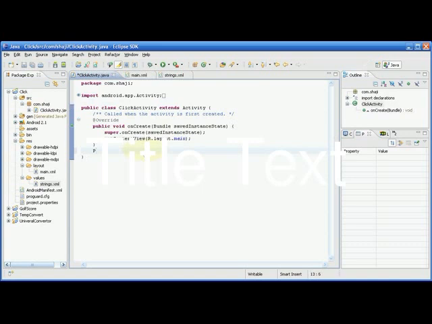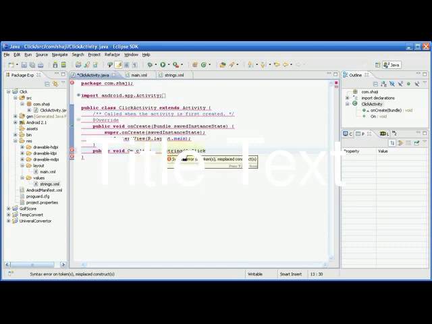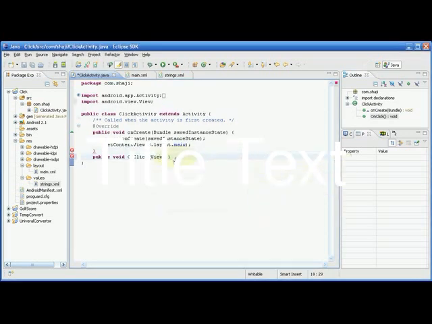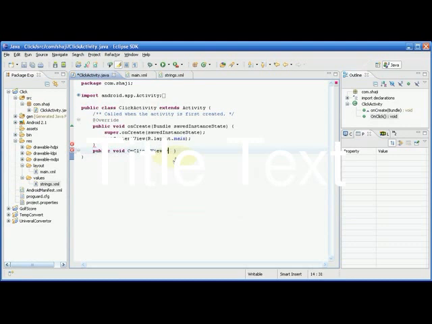And after that, I'm going to define one more method: public void onClick. That's the name of the method, onClick. So the arguments are View, and let me create an object v. So this is a method, and in this method I can